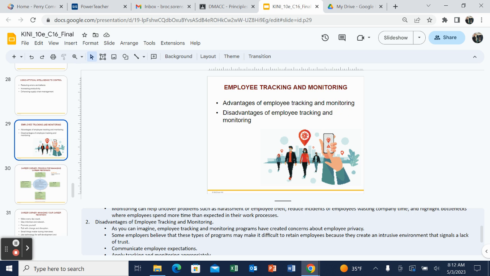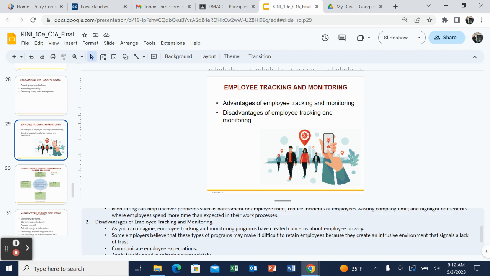I think it's obviously controversial. You want to be as effective as possible with your organization, but it does feel a little bit intrusive in my mind. If you're tracking your employees' every single move during the workday, in my opinion, it can show a lack of faith and a lack of trust within your organization. So while it definitely has its merits, I think there are some significant detractors that really cannot be ignored within the organization. But it is something that you're seeing more and more of.